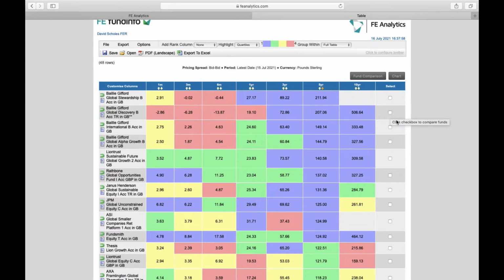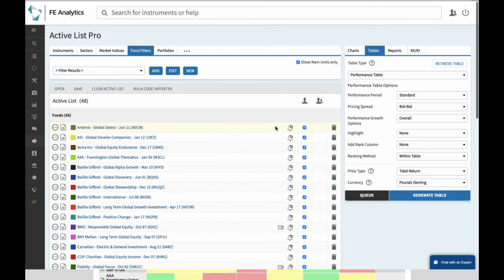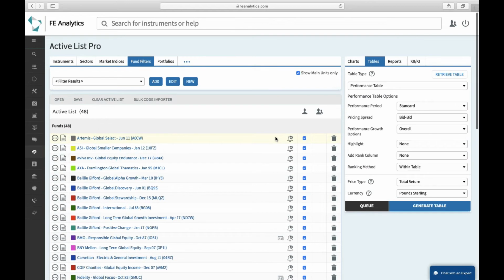There are these little tick boxes. So if you find yourself splitting hairs as to which fund you're going to be selecting over another, you can click on these little boxes and it gives you the ability to very quickly flip those funds into a chart or into a fund comparison report. We will do another tip on building your own tables, but just whilst we're on the topic of tables and